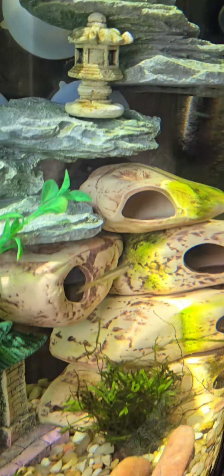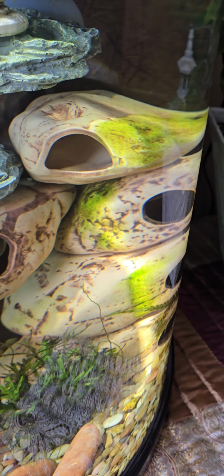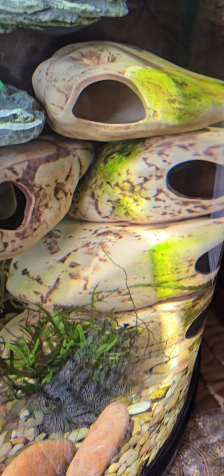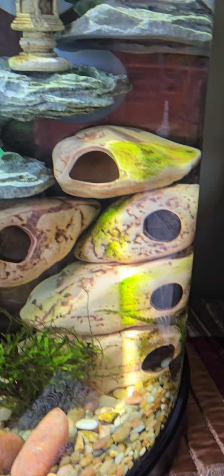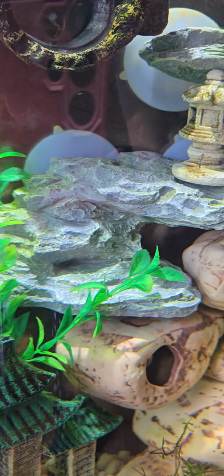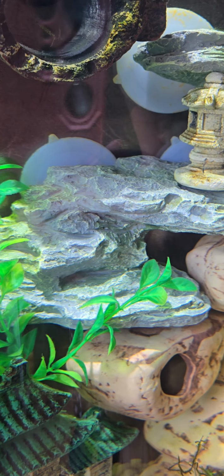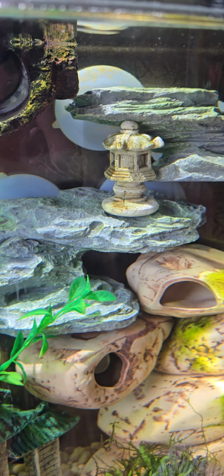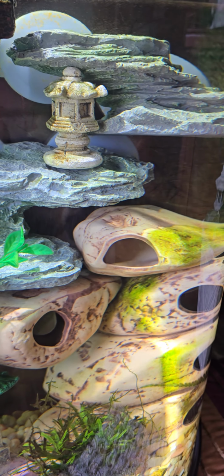And the only thing new I got for it was those little shelf looking things, and these little ceramic. Starting to get some algae growing on them, but they're not ceramic, they're like terracotta. So those are breakable, but it's kind of neat because you can stack them. Those little things are mainly used for people who have turtles in a tank, little basking shelves where they come up to the heat lamp and get heat. So I'd seen some people use them for a fish tank, so I just